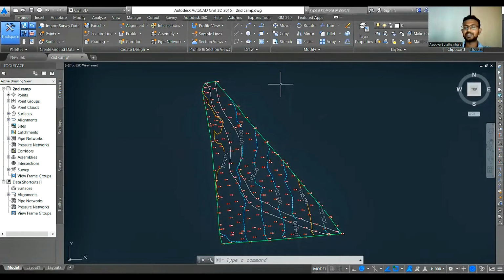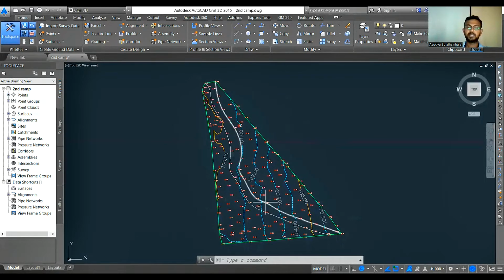In our previous videos, we talked about how to create a surface using the points obtained from a total station, and then how to produce a topographic map and generate the contours as well. Today we are going to talk about how to put an alignment to a contour surface. So now this is one of the example contour surfaces I have created already, plus the detail of